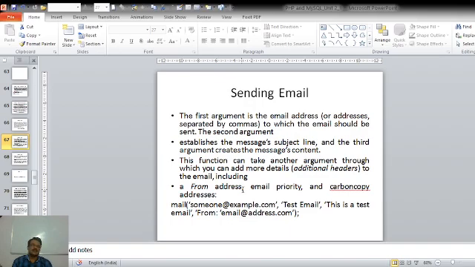Second is the subject line, that is the test mail. Third is the message content, that this is a test email. Then we can mention the From address as the fourth parameter, and we can set the carbon copy addresses also for sending the emails.